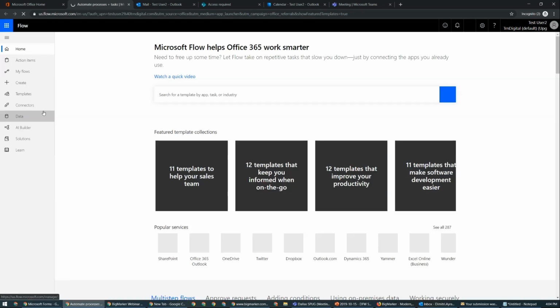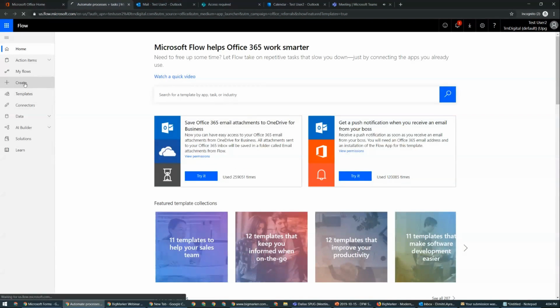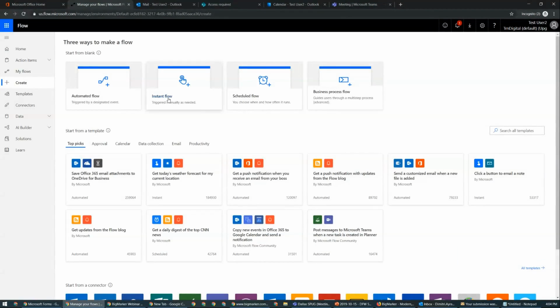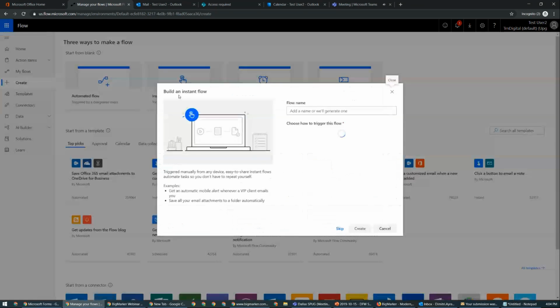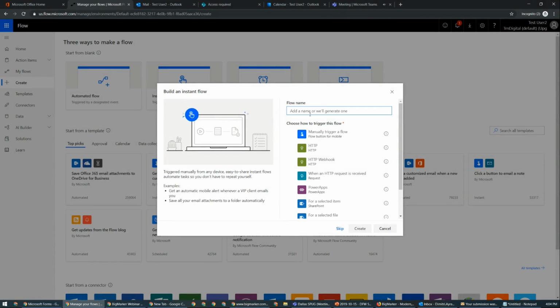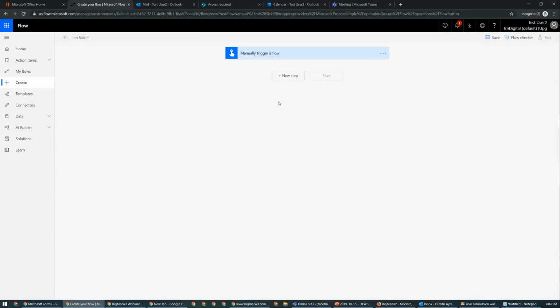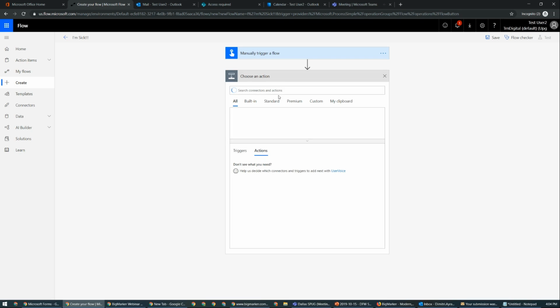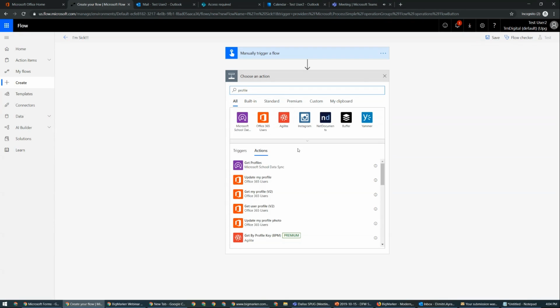Flow, and I'm going to create a new flow. Now with this flow, we want this to be a button, and I'll share the screen on my phone to demonstrate how this would run once we build a flow. But we'll come in here and we're going to call this I'm sick. And we'll say it's going to be a flow button for mobile. I'm going to click on create, and we're going to want to pull a few pieces of data points to make this work properly. So the first thing we want to do is pull my profile so that we can look up who my manager is, especially if we want to share this with multiple people.